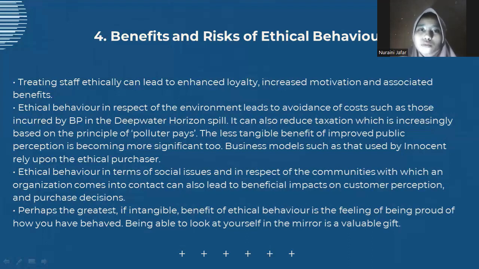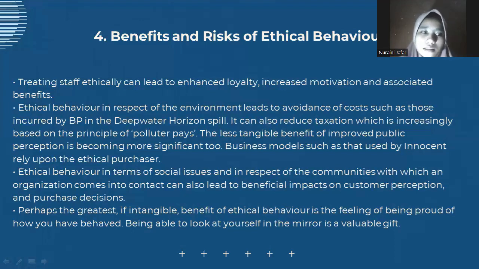For example, when you do not pay your employees in the right way, you would have a union demonstration because of what you do, and it may also damage your building because they burn your building, for example. So it would lead to other problems. So it's better for you to treat your employees in the right way, with ethical behavior, which is in a good way.